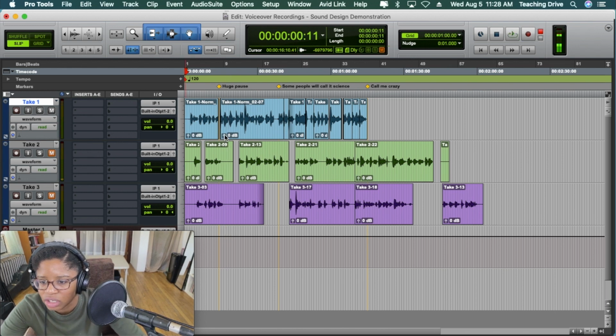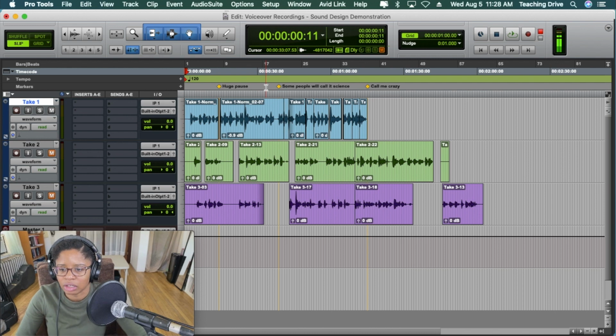That's kind of an awkward jump. Lower the clip gain a little bit. But yeah, so that's the gist of fixing timing and pacing issues. Remembering that you can manually cut and move things back or forward. You could use time compression expansion to speed up entire phrases or words. But the most important thing is just get a natural flow and make tiny adjustments to volume and fades and things like that. So that's it for this video, and check out the next one.